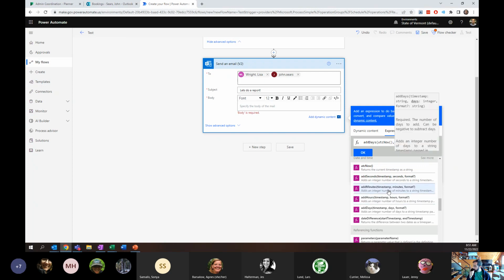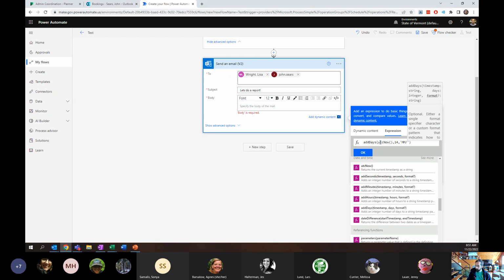And then we want to go into the number of days. Now, as I start typing it, you see it kind of gives me additional information about what I need to type in order to make it work. So now it knows that days are required, the number of days to add. In this case, we want 2 weeks, so I'm just going to put 14. We can either choose to specify the format or not. This is one of those things where you might have to look up to make sure you're putting it in the correct format. In this case, I believe it's the single parentheses, and then it's,